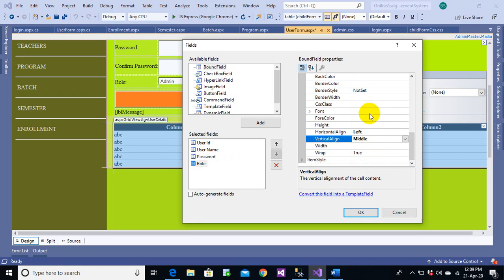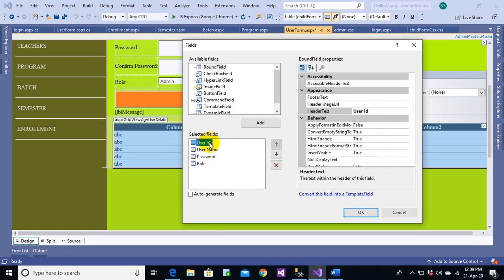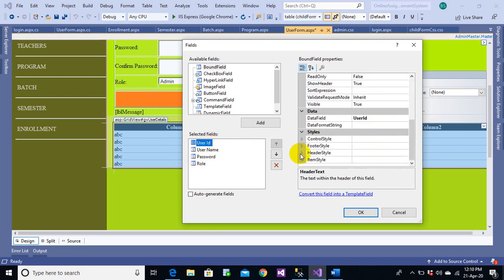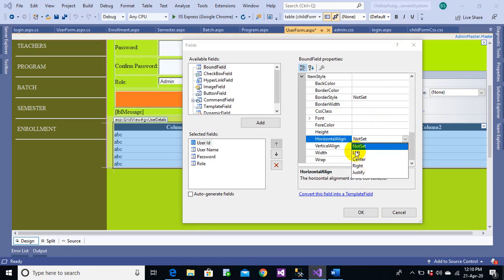Now let us change the item style for each of them, everyone. I want to apply left and middle to the item style of this one, and again let me change the item style for the next one, left and middle.